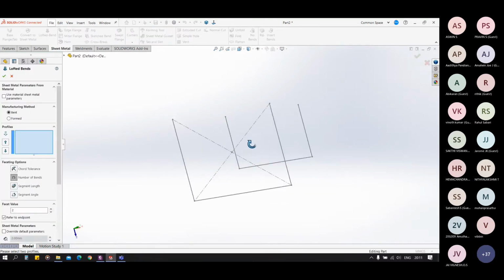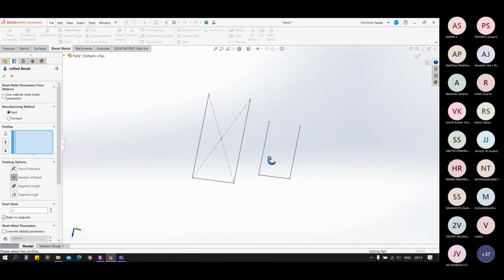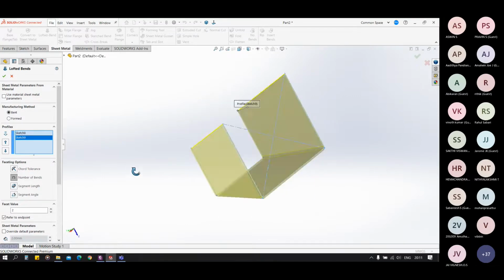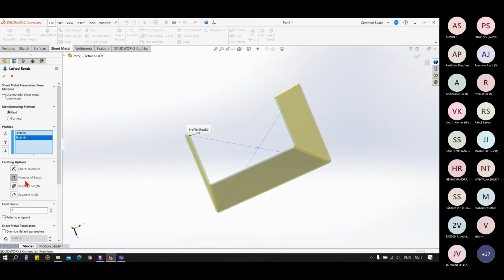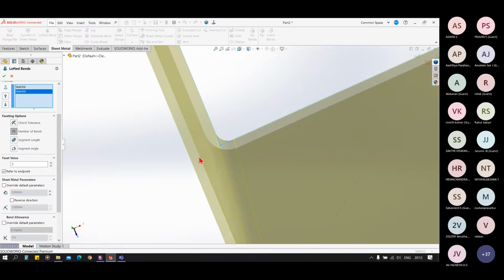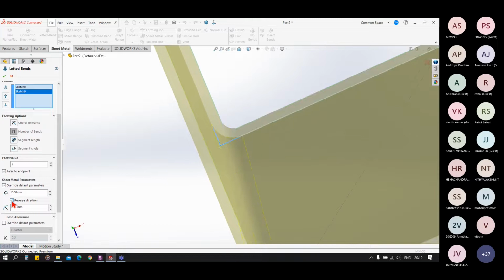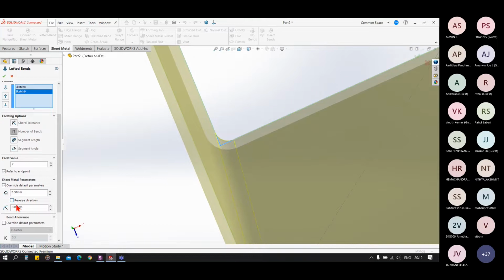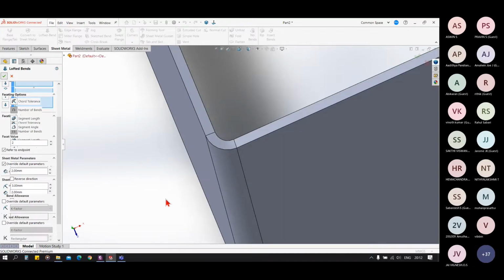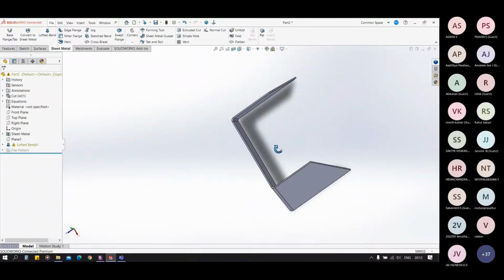For lofted bend, you need two open sketches like this, and we just have to select the profiles, and it will create a bend for us. We have our options for thickness, bend radius, and all. We can change the direction from inner to outer. We can set our radius and thickness, and click OK. You can see we have created a lofted bend.